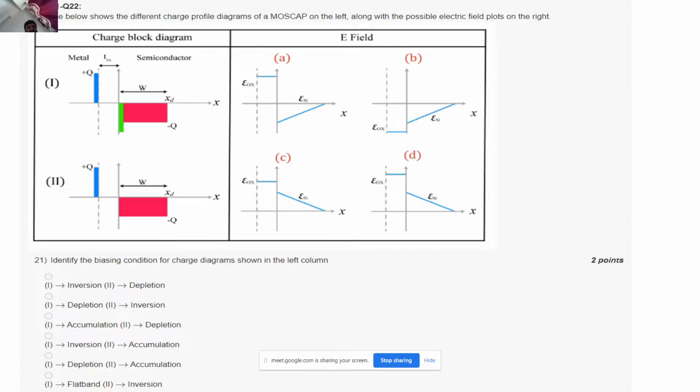Can you guys please tell me which among the first and second is looking like an inversion? There is an inversion present on the silicon side. Which among option 1 and option 2 is looking like there is an inversion? This is the first and this is the second. Where is it? Sorry? First, right? So first we have an inversion over here, and here we have a depletion, correct? So the first option is the correct option.